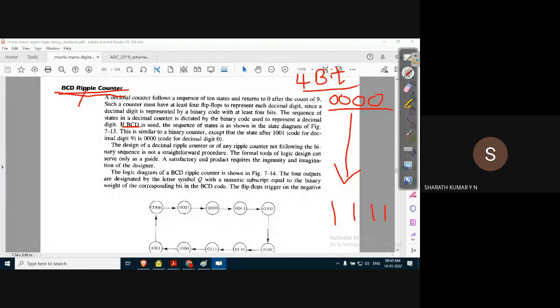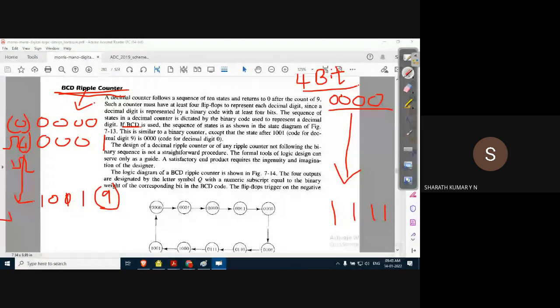A BCD ripple counter, on the other hand, should start with 0000 because this decimally corresponds to logic 0. On the application of the next clock pulse, the count should become 0001, decimal 1. Like this, it should continue on the application of clock pulses. The last count should be 1001 because it corresponds to decimal 9.